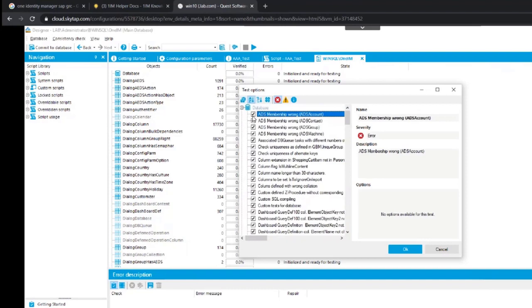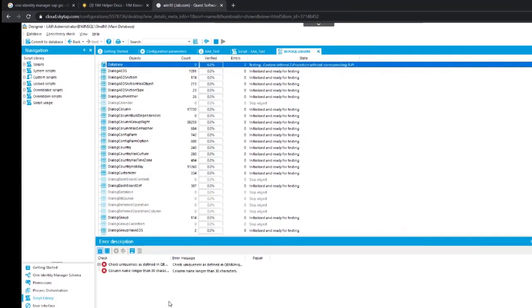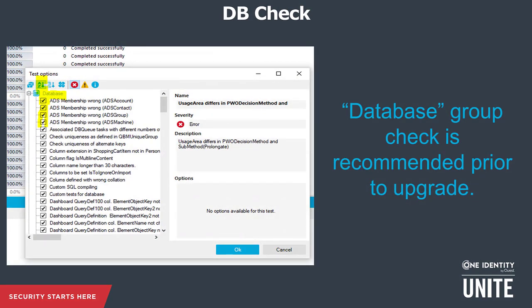And actually, if you look in the documentation for upgrades for the product, you'll see that running precisely this database consistency check is what is recommended prior to an update, at least this one. So this is a good one to run in terms of checking your database. So you have it configured, and now we can actually kick off that check there. You just click on that, and it will run through those tables, checking that. Any errors will show up here, and then you can zoom in, and some of those things it will repair for you. Some of them it's calling your attention to, but at least you can get that list and run through that and address any issues. So that's just a reminder on the database check side.